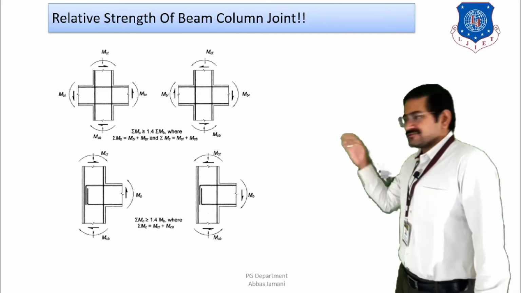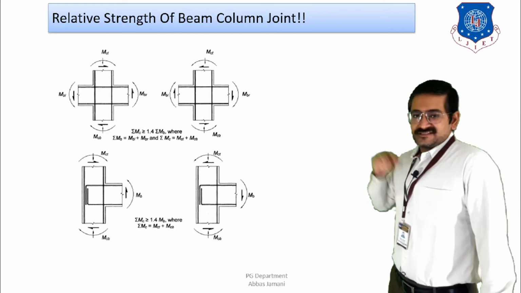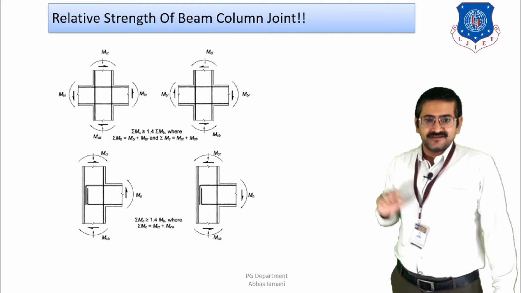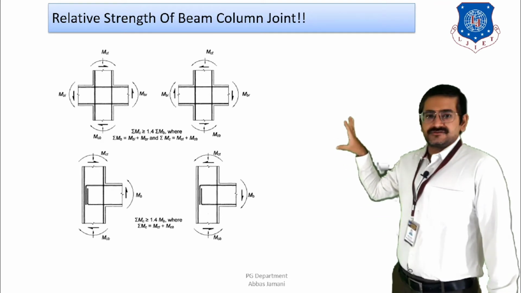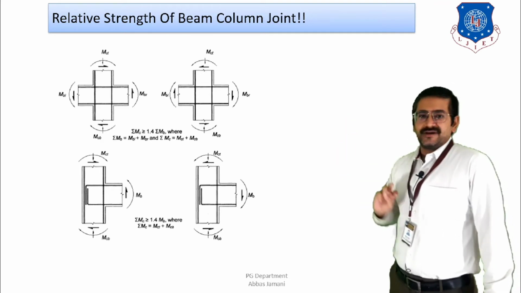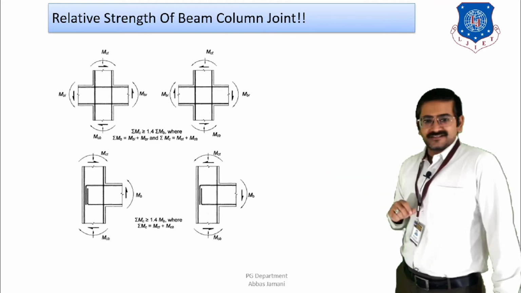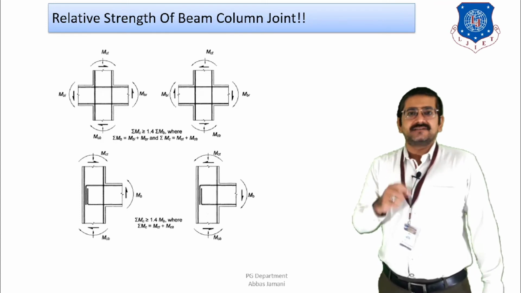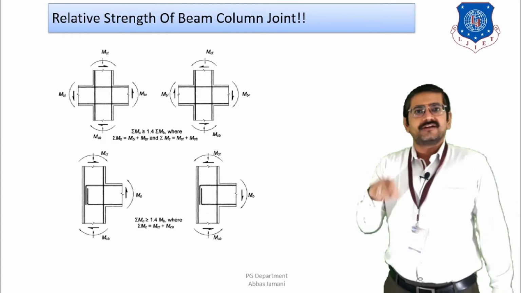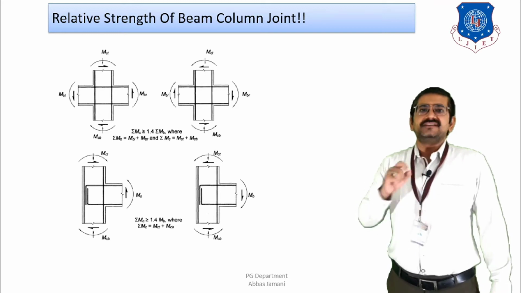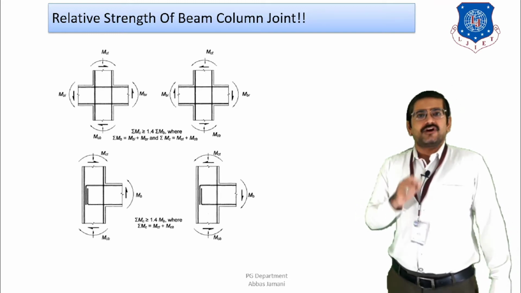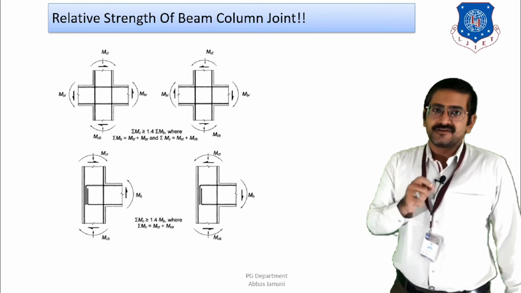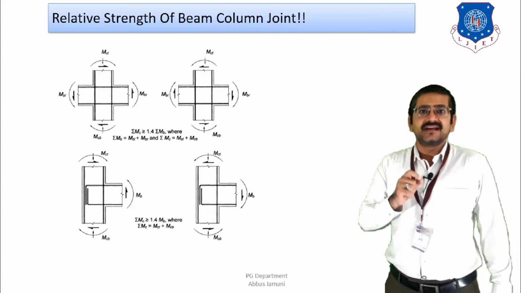And for that, they have shown 4 cases, where in the first you can see that the beams are provided on the 2 sides, that is in the x direction. Then in the second, the columns are also shown, top and bottom, and at the same time the moments from the beams are also shown. Then the exterior junction is also shown and the interior junction is also shown. So in all the cases you can see that sigma MC should be greater than or equal to 1.4 times sigma MB. If this is not the case, then that particular column as per IS 13920 cannot be considered as a part of the lateral load resisting frame, and that column has to be detailed as a gravity column.